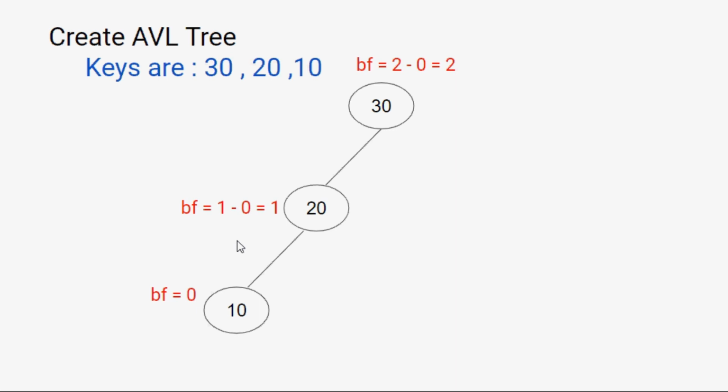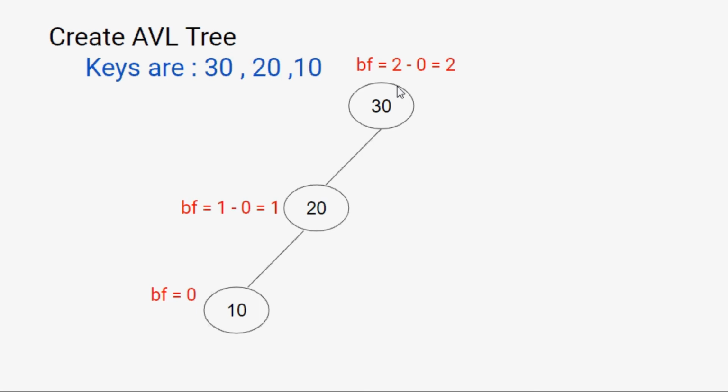Okay, now first of all you need to understand where my tree is imbalanced so that accordingly we can perform the rotation. The node which is having a balance factor apart from -1, 0, 1 is the node creating imbalance in the tree. Like in this case, this node is creating imbalance in the tree because it is having a balance factor value of 2, which should ideally be -1, 0 or 1.